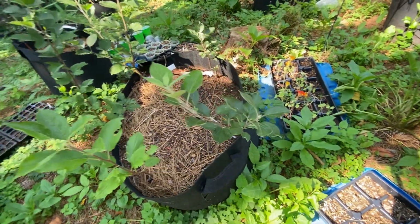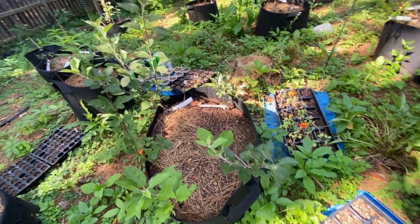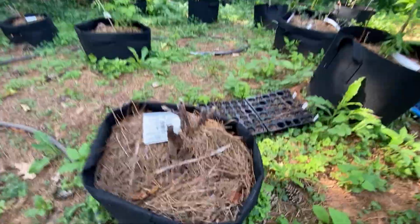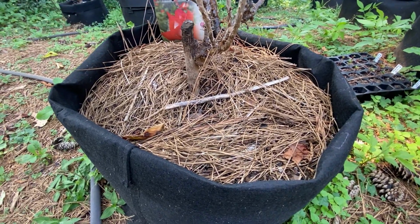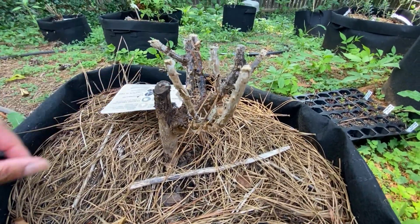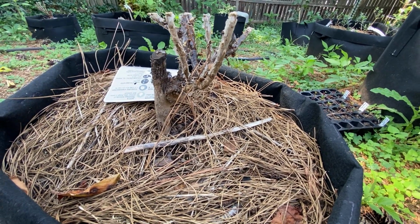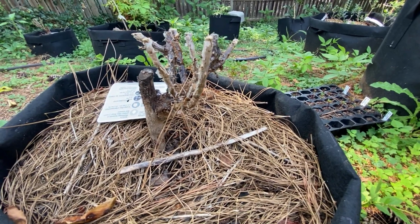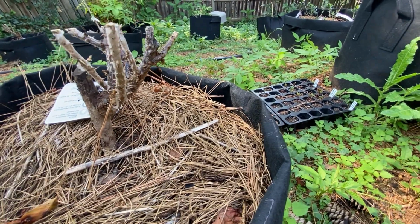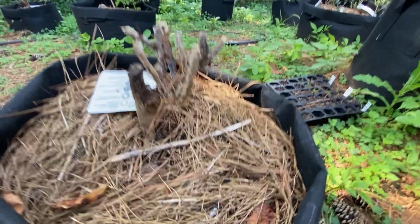The trees are fine. The trees don't care. They're getting what they need, which is all I can really ask for. That's what this whole experiment has been. It's all about the trees. This rose, I think, also did not make it. Love grandiflora. My poor baby. I don't know, we'll see. I will leave these roses for a season and see what happens once the warmth comes and allows them to